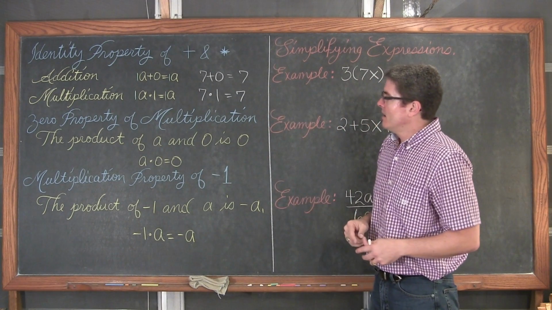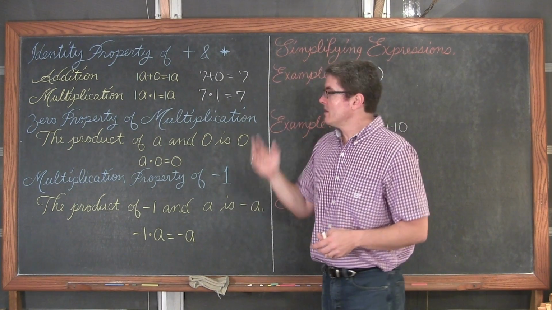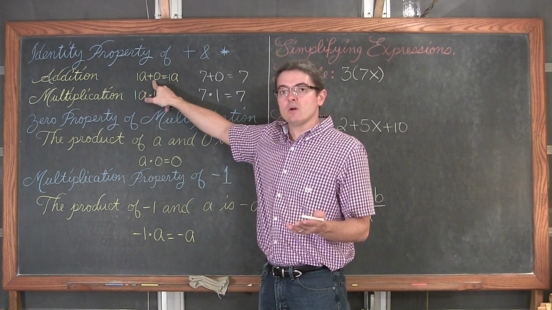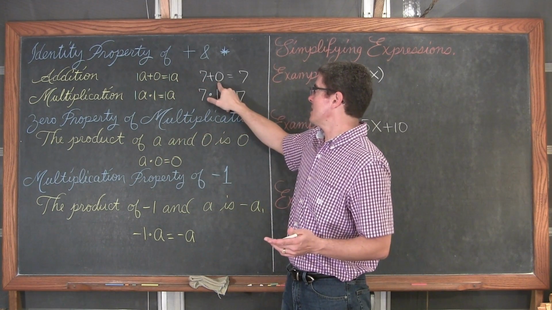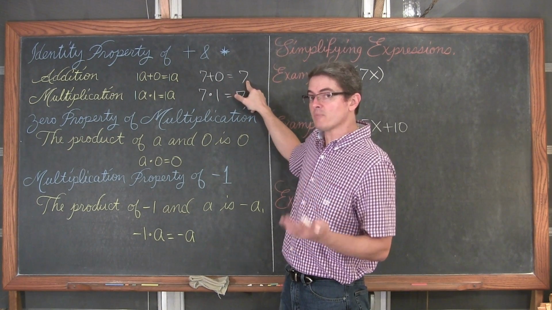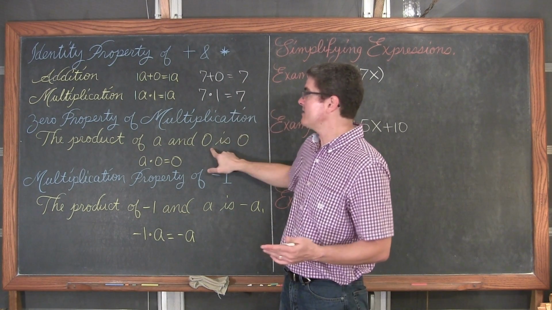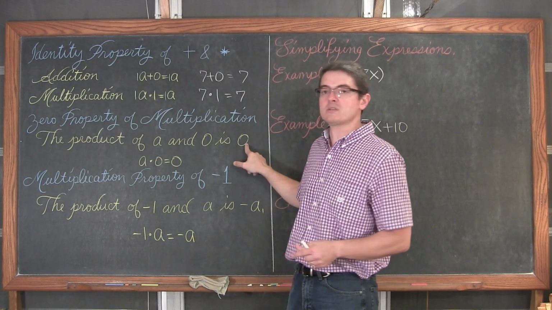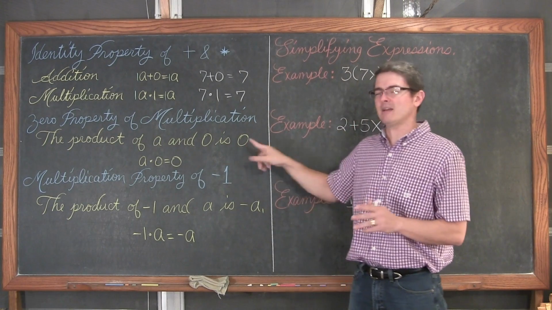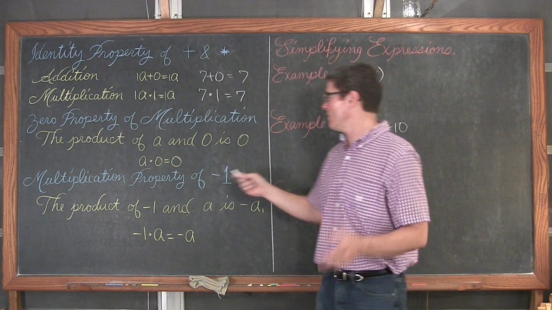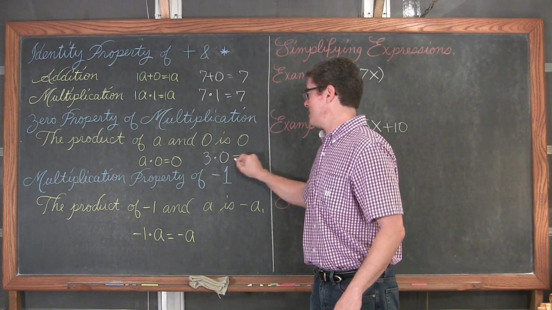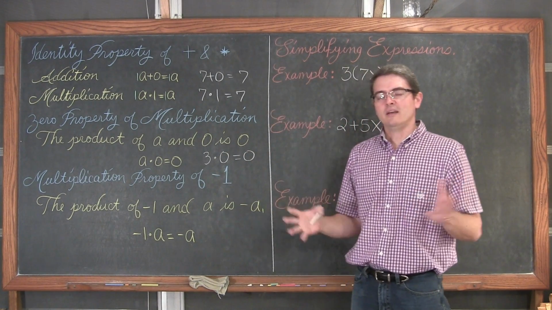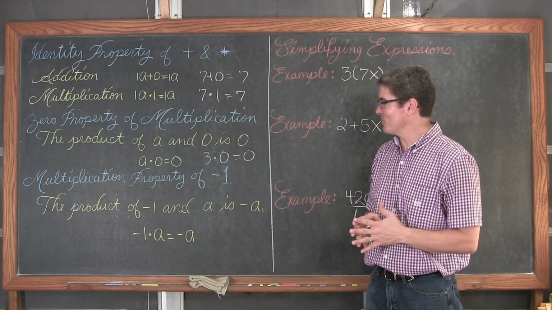Okay, but these identities are unique to that particular math operation. If I add by 0, nothing happens, like 7 plus 0 is still 7, but if I were to multiply by 0, a lot happens. Anything times 0, the product of any number and 0, is 0 itself. And this comes in very, very handy. It kind of seems like it's obvious. Like, well, yeah, I know that, 3 times 0 is equal to 0. You don't have to tell me that. I've been doing arithmetic and using that for years now, maybe, in your math history.